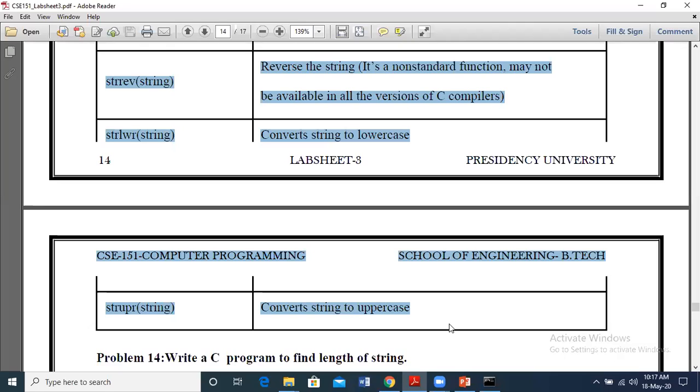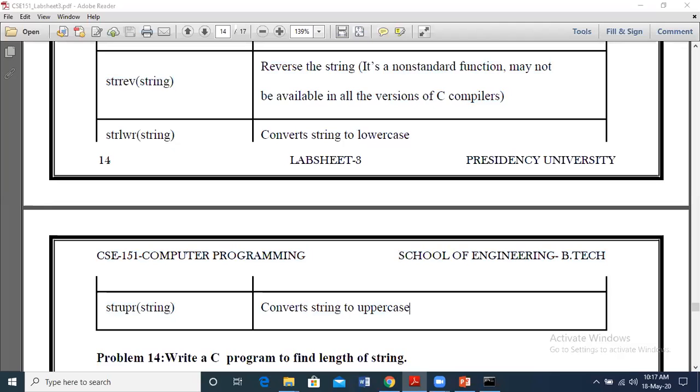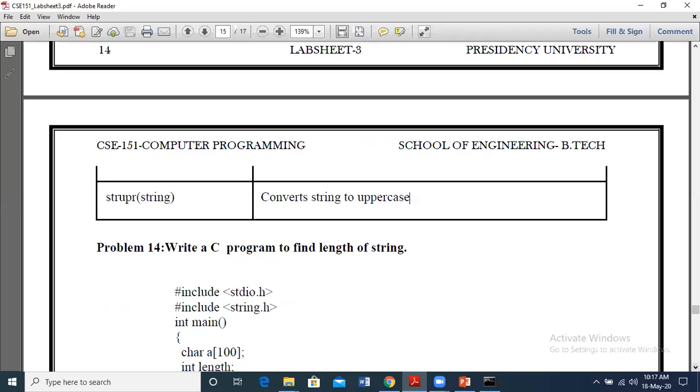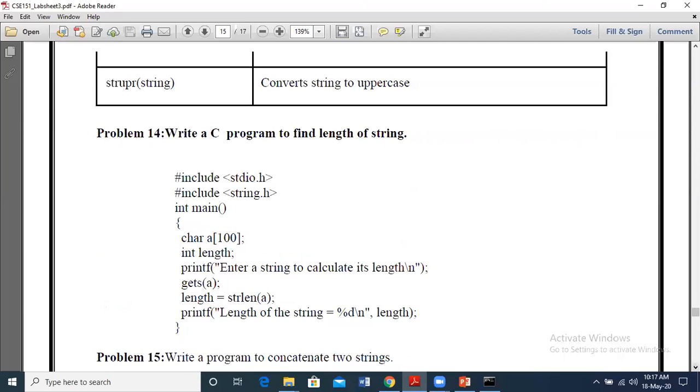Okay, so now we have the program to show how to use these functions. The very first one is strlen. You can compare that to the first manipulation function we just saw, where we counted letter by letter. Instead of that, we are just going to have a single line. Note that we are including string.h, very important. Because we are using string manipulation functions, we have to include string.h along with stdio. Both have to be included.